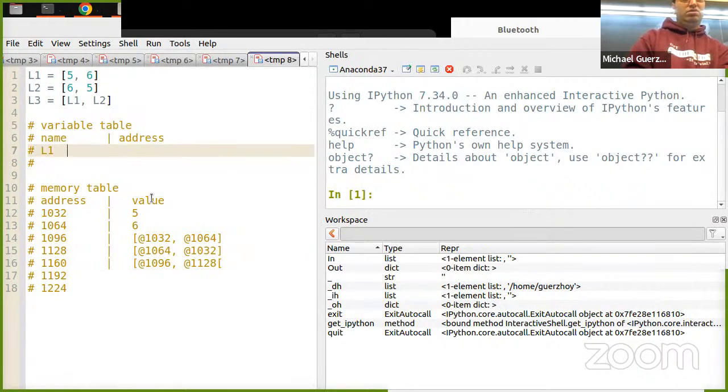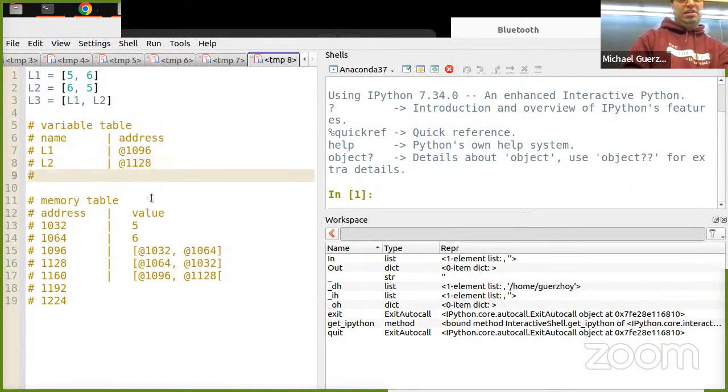So L1 was 1096, and L2 is at 1128. And L3 is 1160.